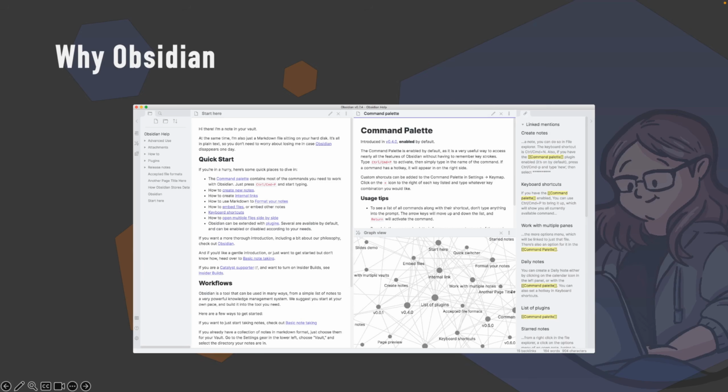Why do I use Obsidian? So I really like Obsidian. It's a very flexible note-taking application. So it looks like this. Essentially what you can do is you have your notes along the side. Everything is a markdown file, so you can have links, you can have titles, you can have all that structure. You can have folders if you do want to have a hierarchical approach. You can add attachments in the form of screenshots. It's super flexible. And like I said before, I also really like the graph view